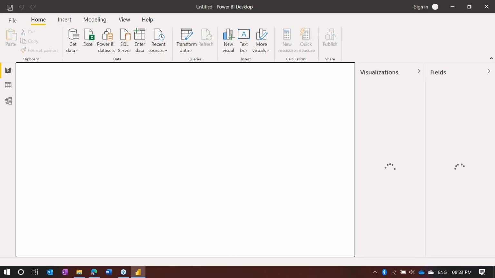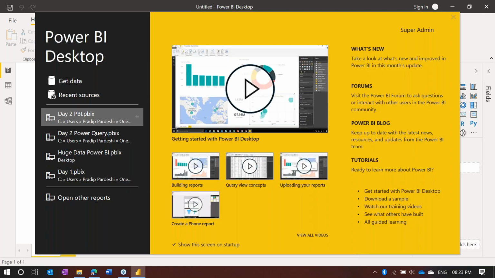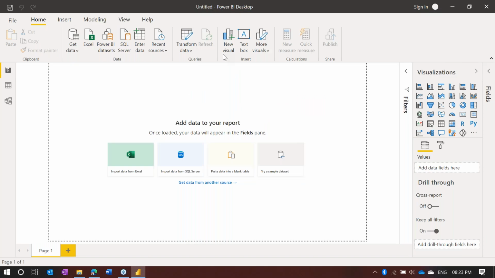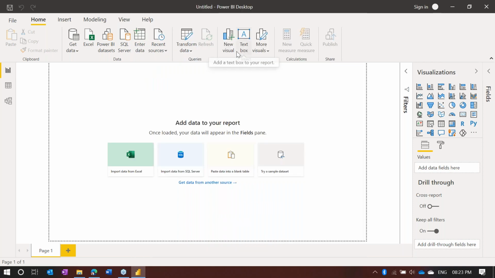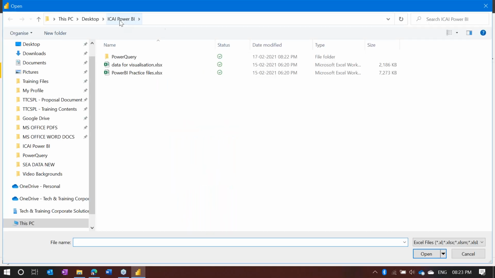So now after opening the blank Power BI file, what I'm going to do is I'll click on get data. When I click on get data, well, it's taking some time. Okay, so now I go to Excel, and here under the folder that I gave to you, ICA Power BI, there is a separate file, data for visualization. I would like to use this data for visualization. Okay, so I click on data for visualization,